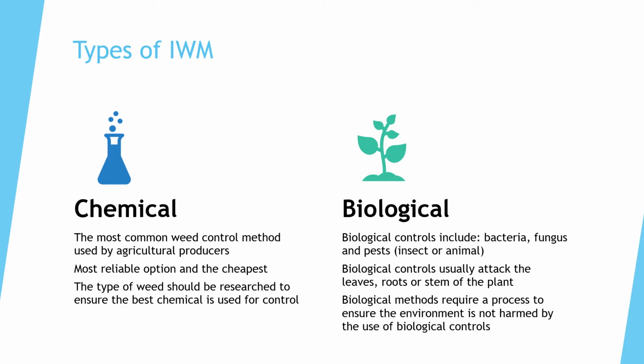In this process, the chemical user label provides appropriate application rates as well as safety equipment required. Depending on the method of application, spraying conditions should be considered, as should the product's registration requirements as per state. Shifting our focus to the right of the screen, we have the biological component of the integrated weed